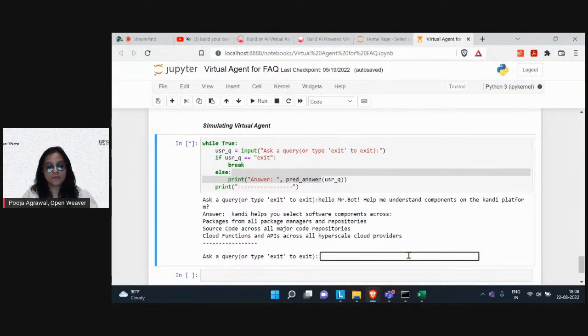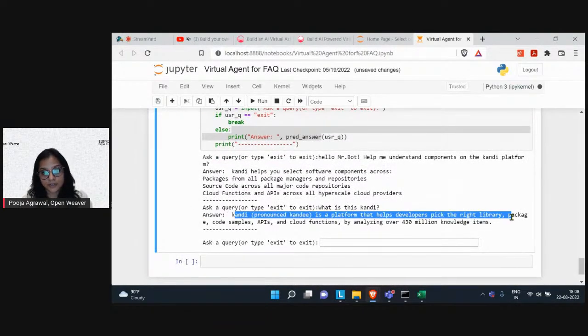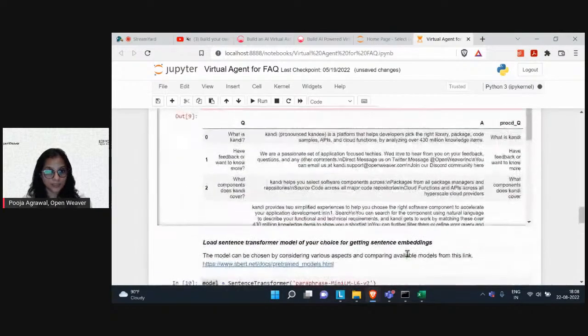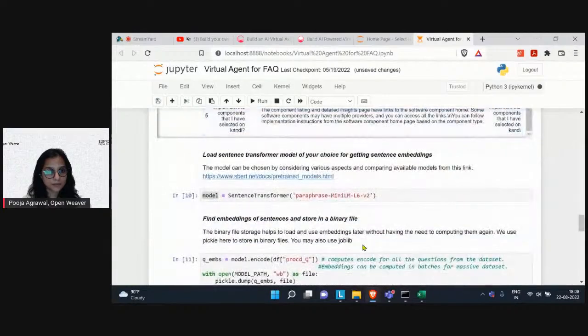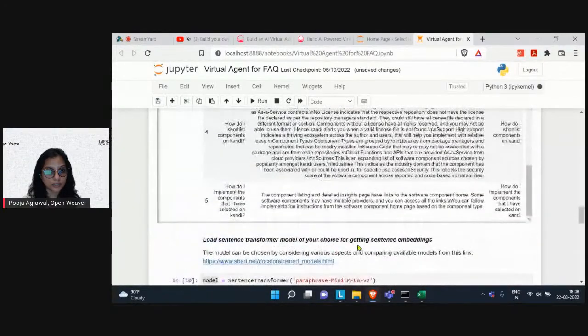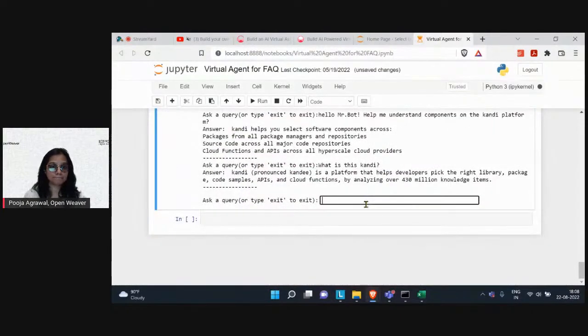You can again ask, what is this kandi? So it's trying to give me the definition of kandi. Let's see what else are the questions we can ask. There are 2 questions on components as well, but we would like to ask something about, say, how do I provide feedback about kandi?